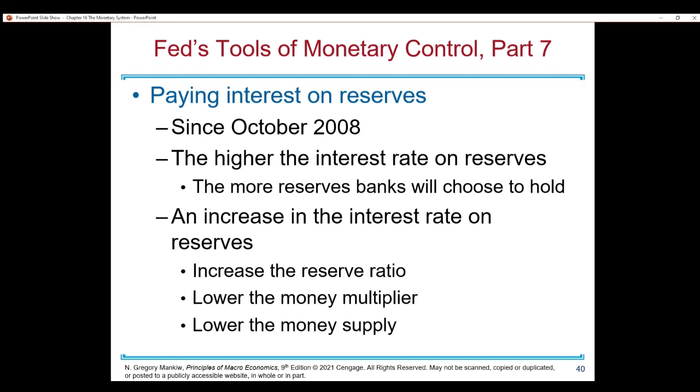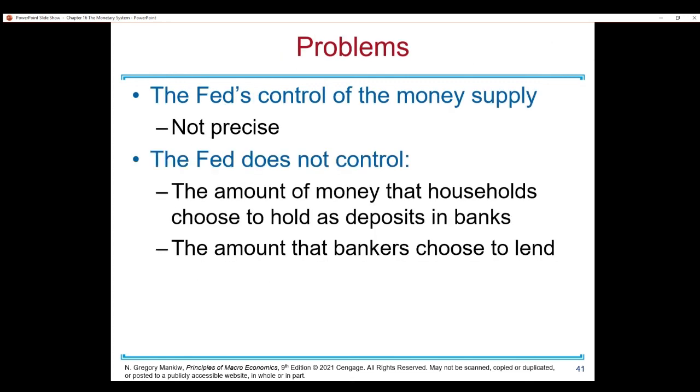Now, there are a lot of problems controlling the money supply. These methods aren't very precise. They don't target a specific dollar amount they want in circulation and just go for it, right? It's going to be extremely difficult considering fractional banking, the money multiplier, black market operations, and household choices.